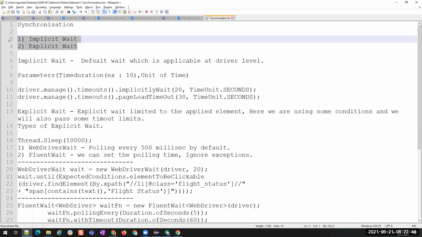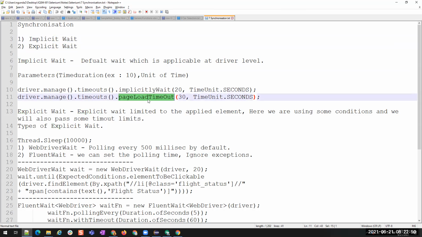So these are the two different types. In implicit wait, we mostly use two things. One is implicitlyWait, and the other one is the page load timeout method. These are the two methods which we apply at the driver level. This implicitlyWait will wait for all the elements for the time you mention inside it.